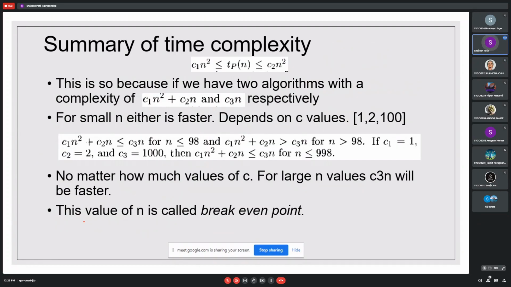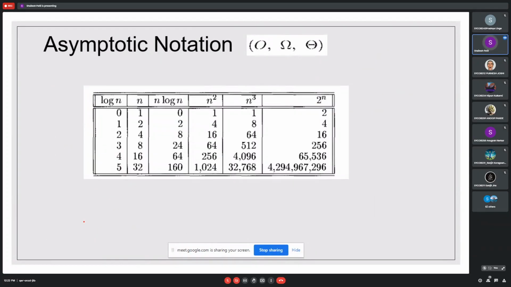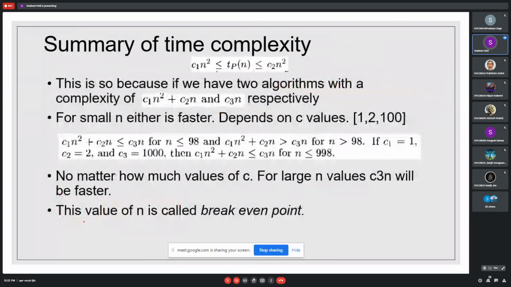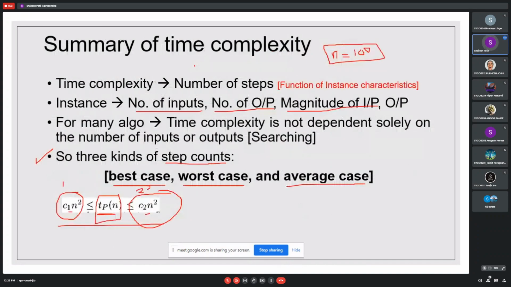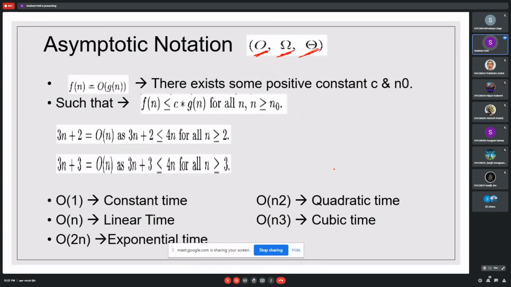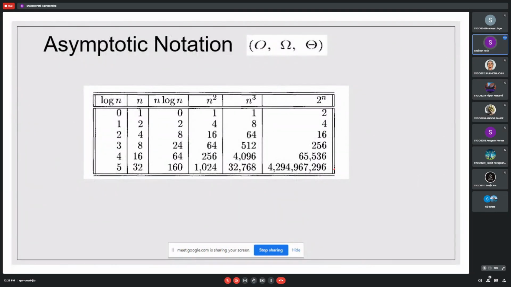In tomorrow's lecture we'll see exactly what time complexity we have to calculate and why it is very, very important. We have to go through three things. This is the big O notation, which we have to study. Then we have to see the omega notation and the theta notation. These are the three notations needed for calculating the complexity. Along with this, we'll see what best case, worst case, and average case are. Hope this much is clear to you. Then we'll see exactly for this.